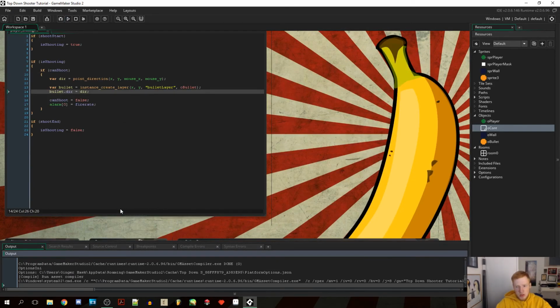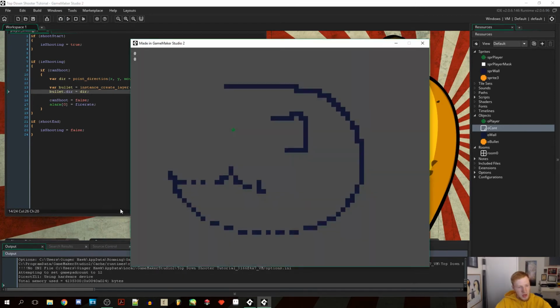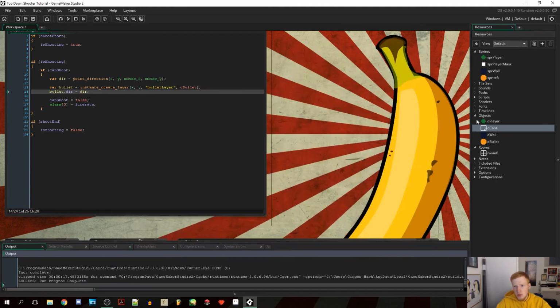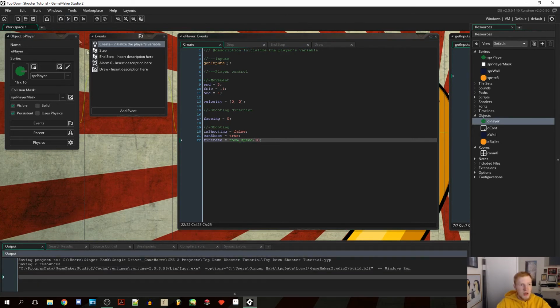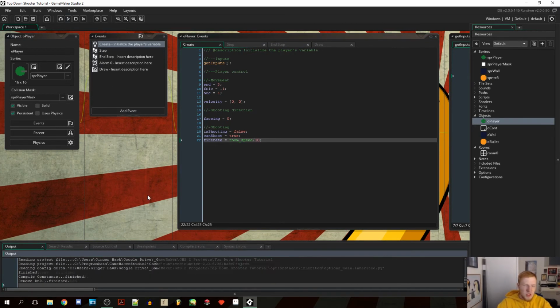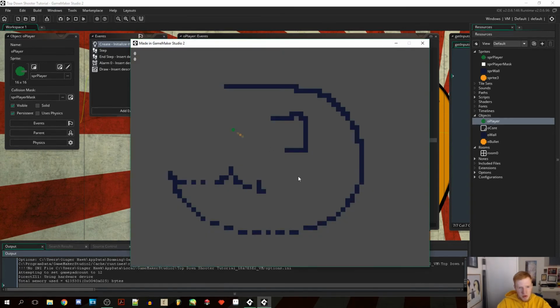So now it should work. We should have bullets flying around and destroying themselves. We can shoot a bullet flying out, and when it hits the wall, it's going to be destroyed. There we go. Pretty neat. And it'll always aim towards the mouse. We can always change the fire rate, so we can put it up to something like 10 instead, and we'll fire 5 times as many bullets as we did before in the same amount of time. So now we have a rapid firing machine gun,